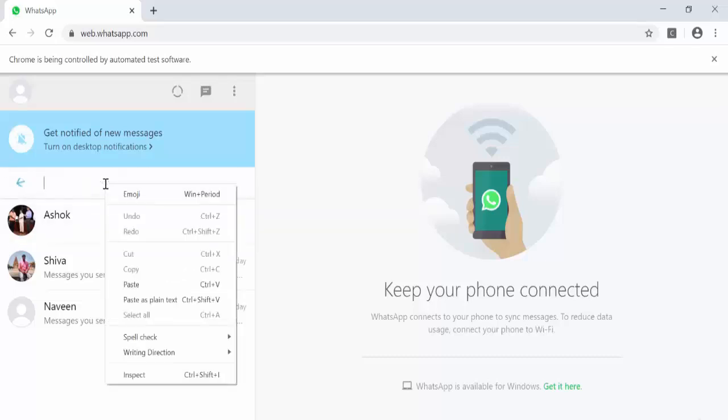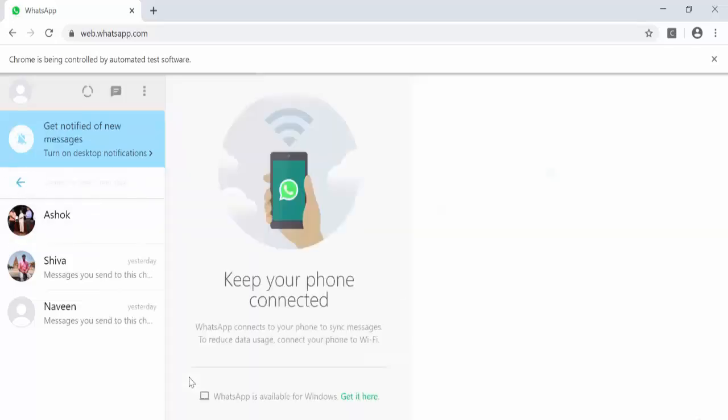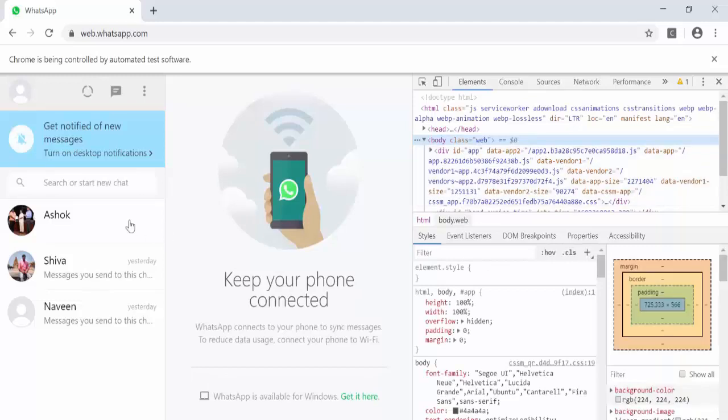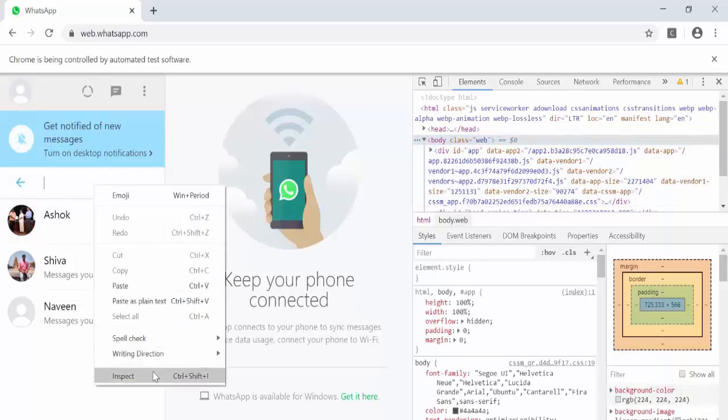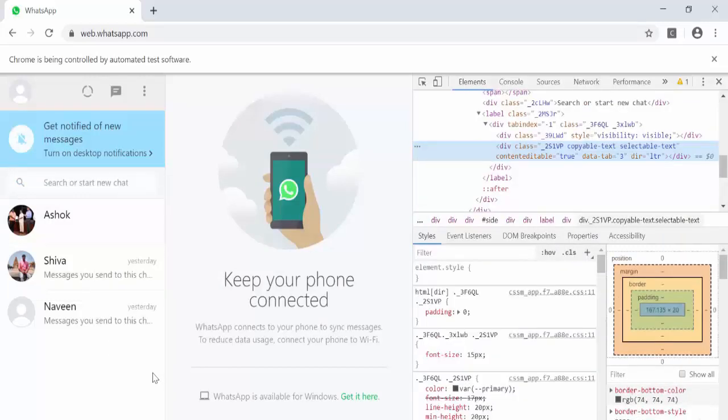So what we will do, just right click and do inspect. Do it again, it is opening the body tag. You can see this is the particular code for this text box, and there is a field called class, so we can use find element by class name.